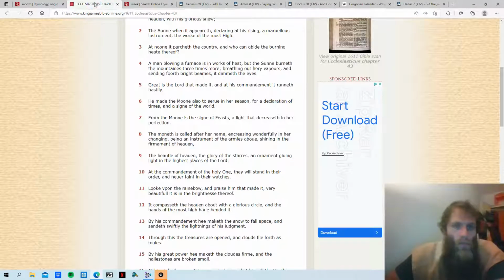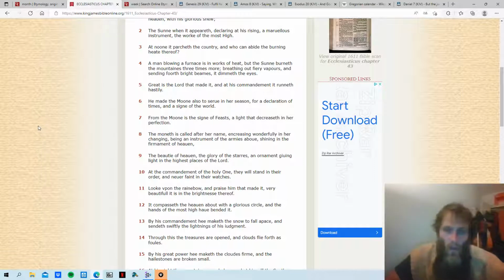So this is Sirach chapter 43 and verse 6. He made the moon also to serve in her season for a declaration of times and a sign of the world. So the moon also has been given a certain purpose by the Heavenly Father. But one of the purposes is to be a declaration of times. So throughout the month,